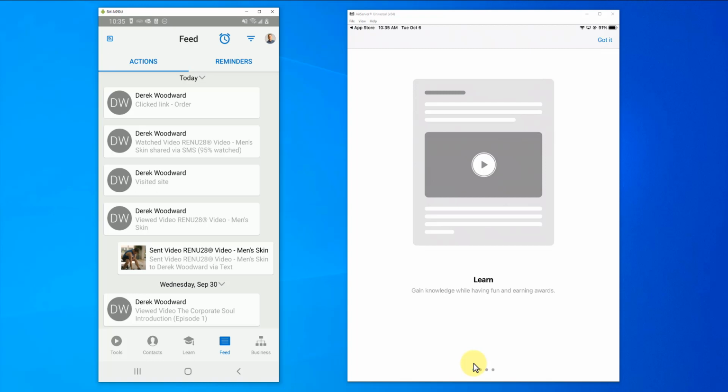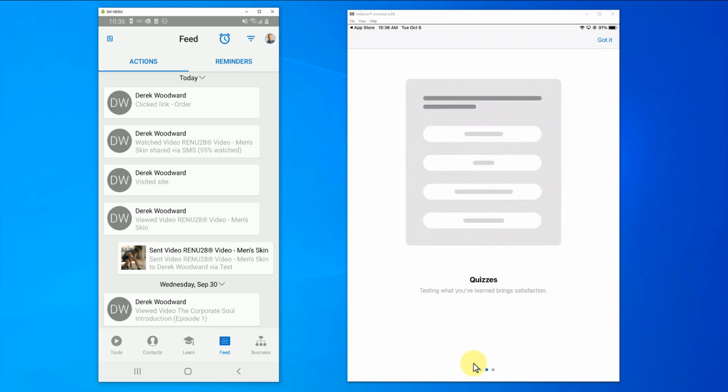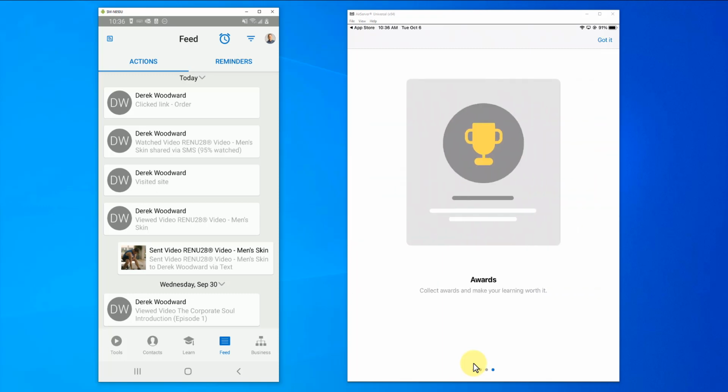So as we click on Learn, it's going to give us a nice quick intro about what Learn is. Learn is going to be a powerful way for our associates to step in and learn about ASEA products, ASEA policies and procedures, compensation plans, and things like that. We don't have any quizzes for this yet, but we're going to be working on a good way to educate associates on ASEA technology and redox technology by creating our own course with our own quizzes, which then at the end of it you get nice awards that you can then brag about on your social media that you know about redox technology, for instance.